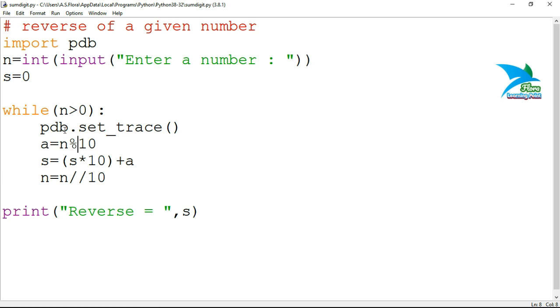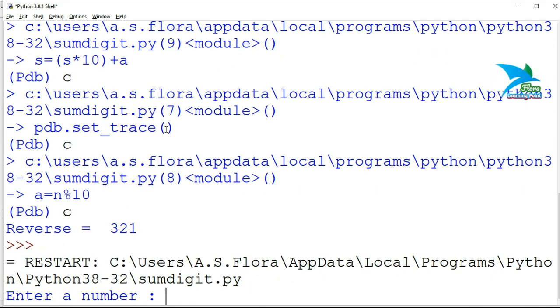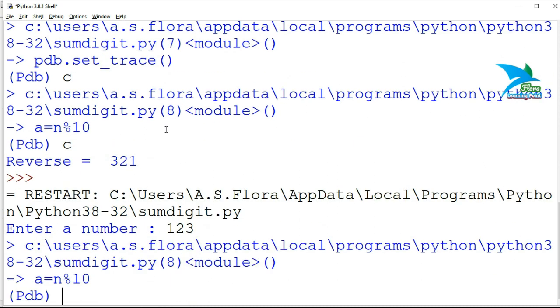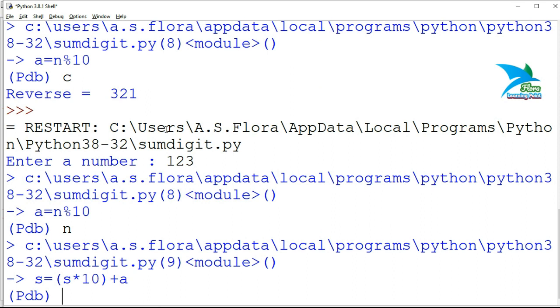If your program is lengthy and you want to set multiple breakpoints, multiple set trace functions in that program, then the clear function will remove all the breakpoints and finish the execution of that program.